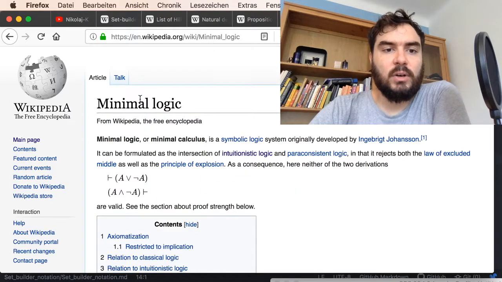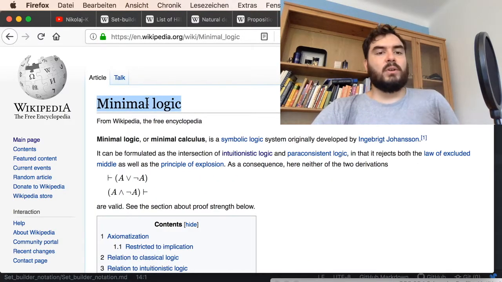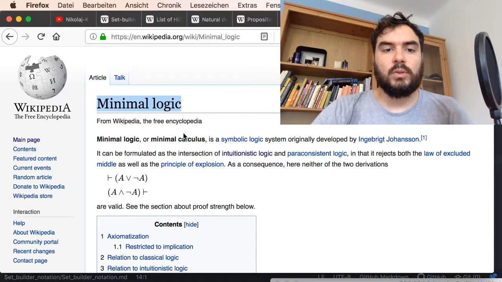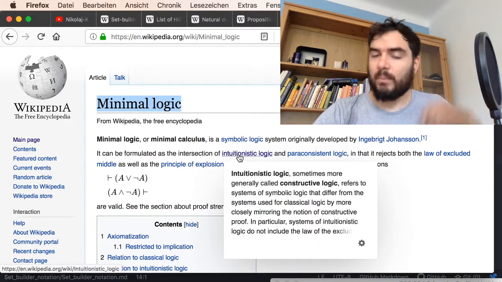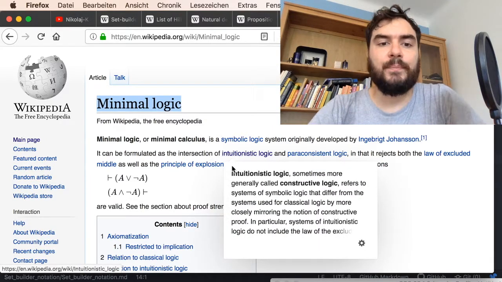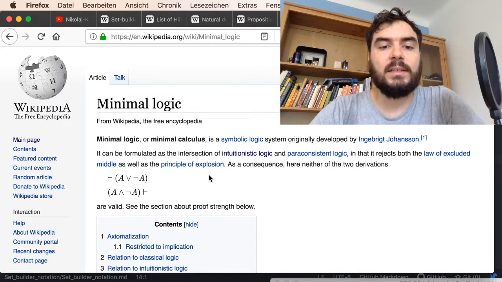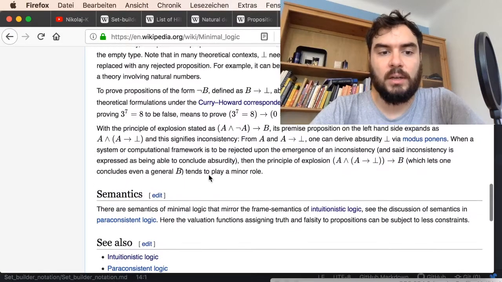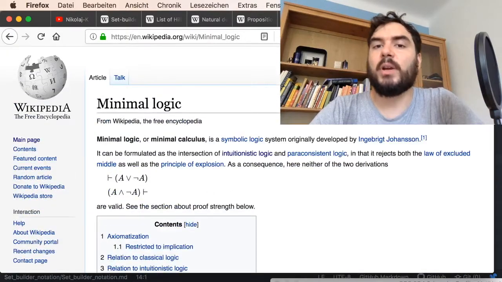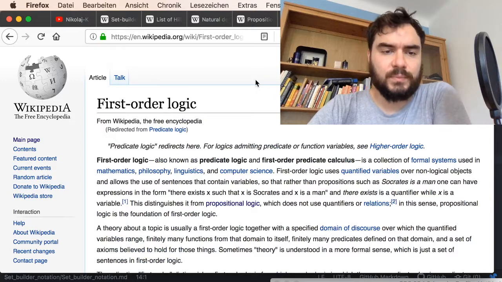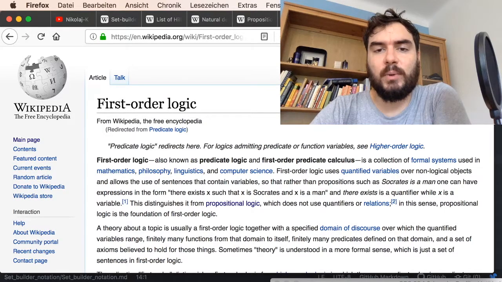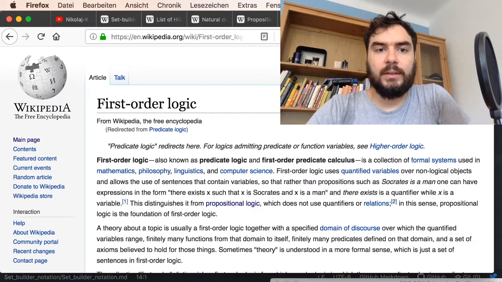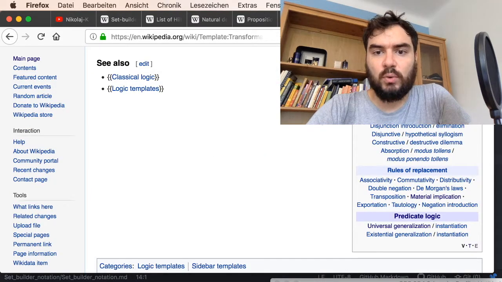Okay, so there's minimal logic, which looks very similar to the intuitionistic logic. It has some weaker aspects to it, but in many cases, if you do an intuitionistic proof, it will also be a proof in this system. I just pointed it out because I like it. First order logic is where you already also have the predicates and quantifiers. And lastly, let me point to this table where different